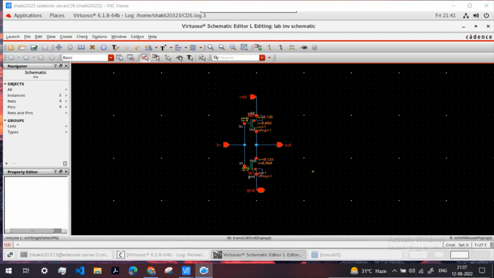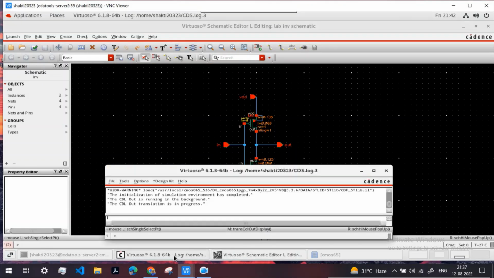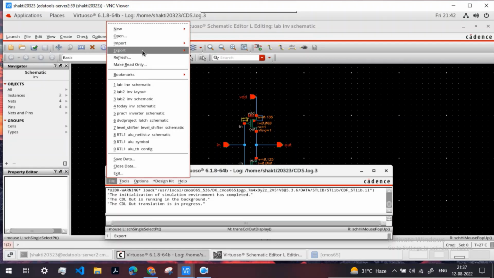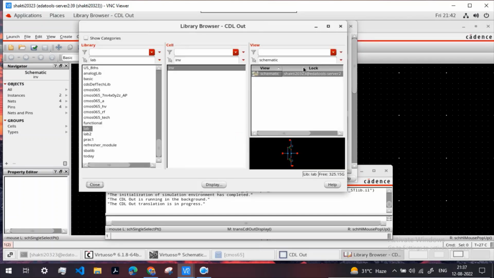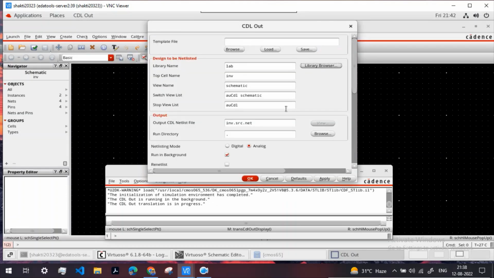Moving forward, to perform the simulations on Mentor Graphics Eldo, we need to extract the gate level netlist from Cadence Virtuoso, and then we will be using the CIR file to simulate the gate level netlist. For that, we first go into this log window, go to the file option, and then export CDL. In the library option, you need to select this library,